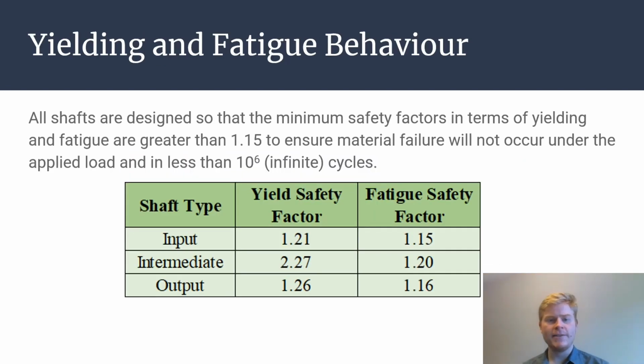So moving on to the yielding and fatigue behavior, the table below shows that all shafts possess minimum fatigue and yielding safety factors that are greater than 1.15. In terms of yielding, this ensures that the loading would have to increase by 15% before yielding may occur. As well, by having the fatigue safety factor greater than 1, the shafts have been designed according to the D.E. Goodman failure criterion to withstand greater than 10 to the power of 6 cycles, recognized as having infinite life. These characteristics make the shaft designs fully capable of functioning as desired for facilitating the power transfer necessary to generate